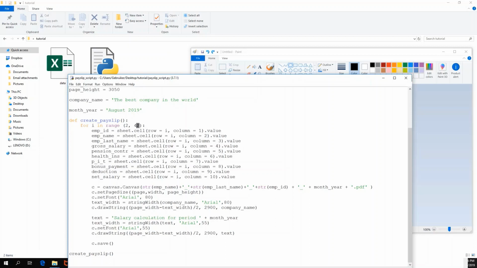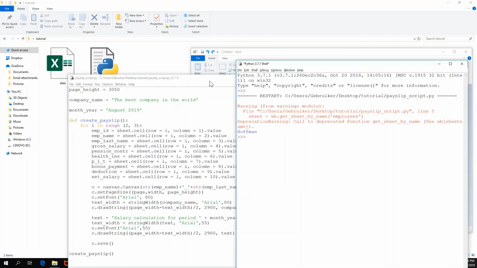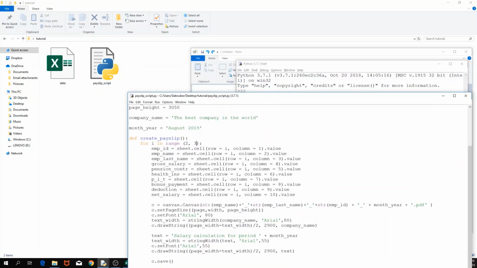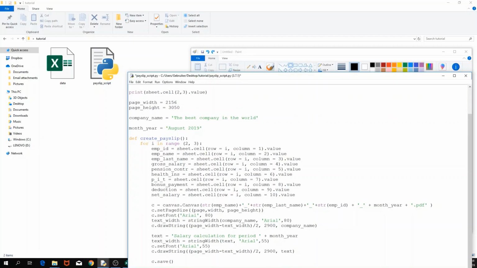I'm going to run this once, but I'm going to use just one payslip as an example to see if we get any error or if everything's fine. So instead of running it for 40 files and then deleting them, I'll just make a test for one. Before running I should have page width, and then